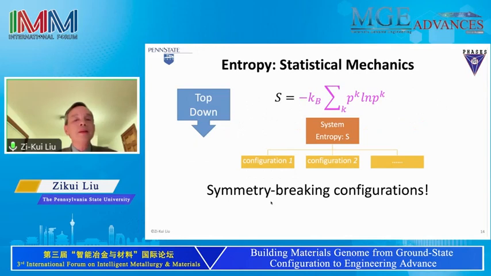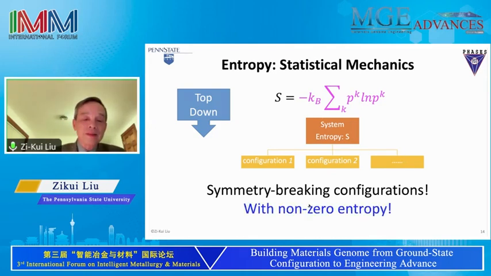Okay? So what it means is that, if you do statistics like this, you say the entropy of the system equals the partition function over the different configurations. Those configurations are symmetry breaking, so it's not the same symmetry as your original ground state. However, there is one big problem here: each configuration has non-zero entropy. At finite temperature, I showed the ground state we calculate entropy. That means each configuration has its own entropy.